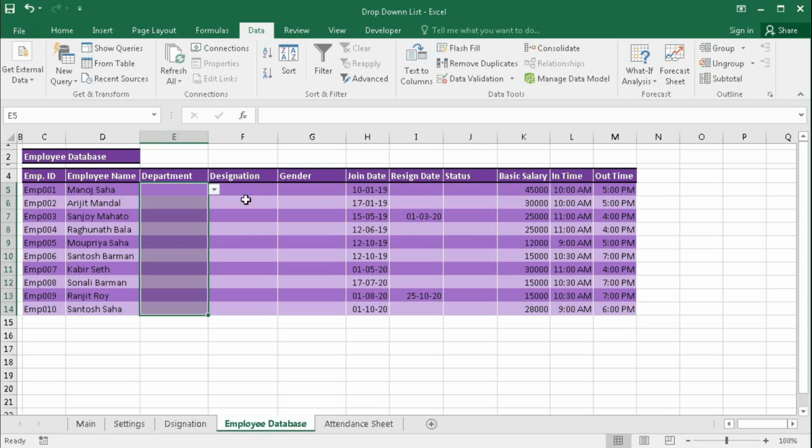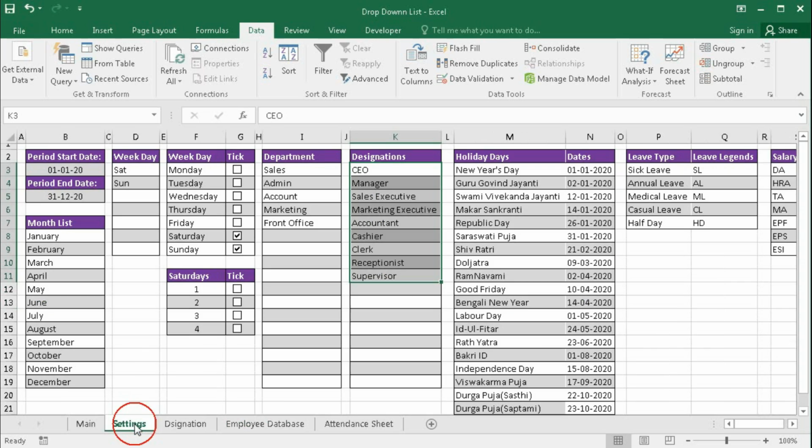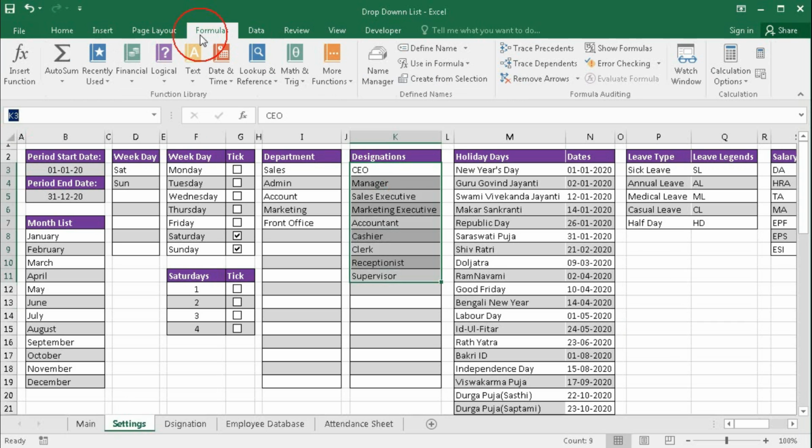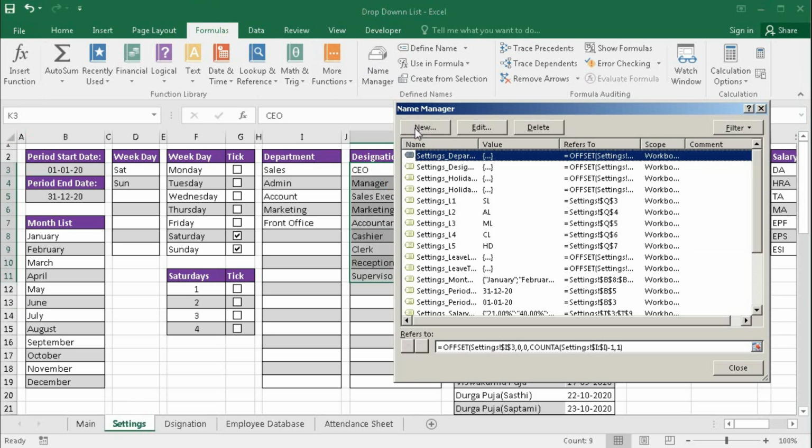The second way is, first go to settings and create a name range for the designation. I select this and then go to the name box, or in the formula tab, name manager and new; you can use any of these options.